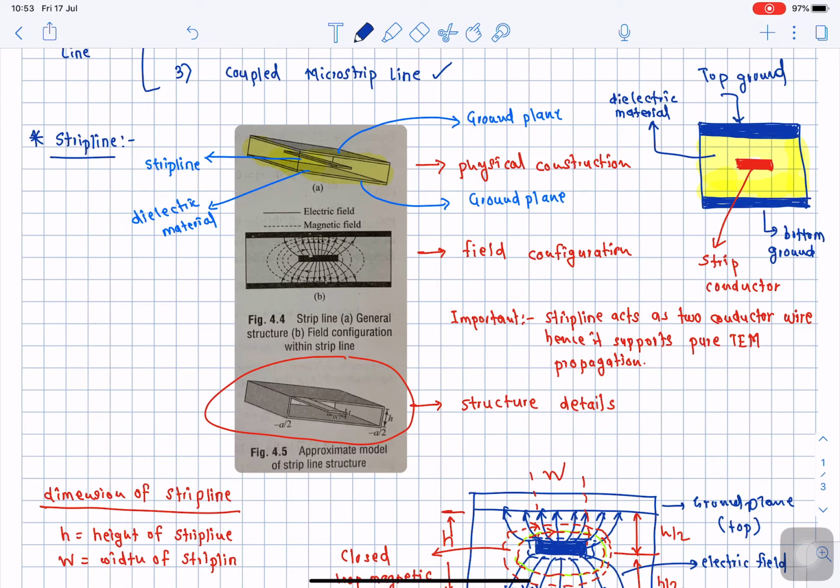Okay, and over this substrate, by making use of photolithography technique, a printed transmission line is constructed. And how the construction looks like, if we take the cross section, the cross section will look like this. Now here what we have is this simple transmission line. This is actually microstrip transmission line, another conductor, or simply microstrip line.